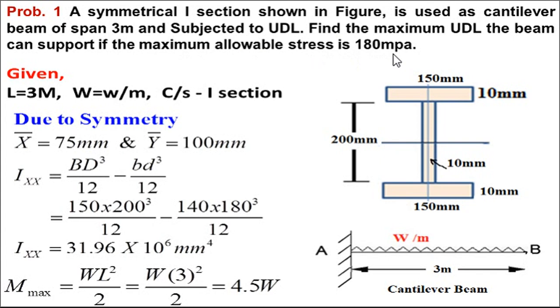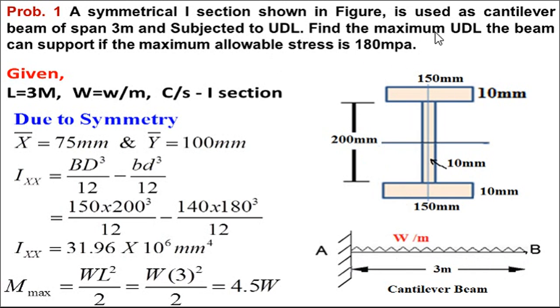Now what is the difference here? In this case, if you see the given data, the length of the beam is given, that is the span, it is subjected to UDL and the beam is a cantilever. Normally, in the statement, the beam is mentioned as a cantilever and figures are not given. So you should know what a cantilever beam is and what a simply supported beam is. Whatever beam is given, this is a cantilever beam. One end is fixed, this part of 3 meter is the cantilever, and it is subjected to UDL, that is uniformly distributed load, and the intensity is W per meter.